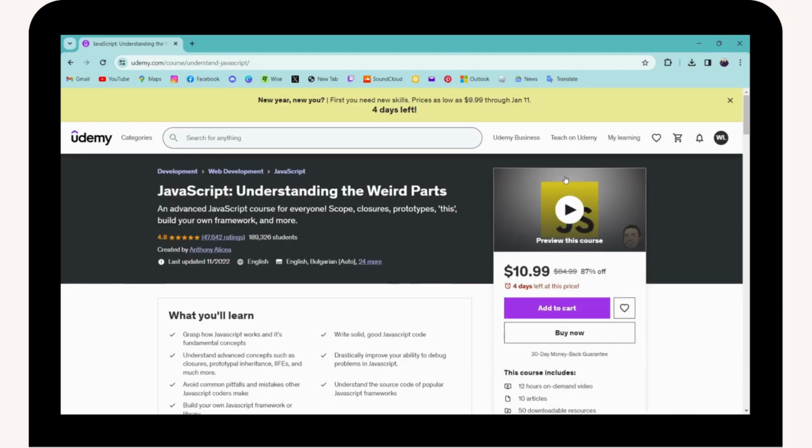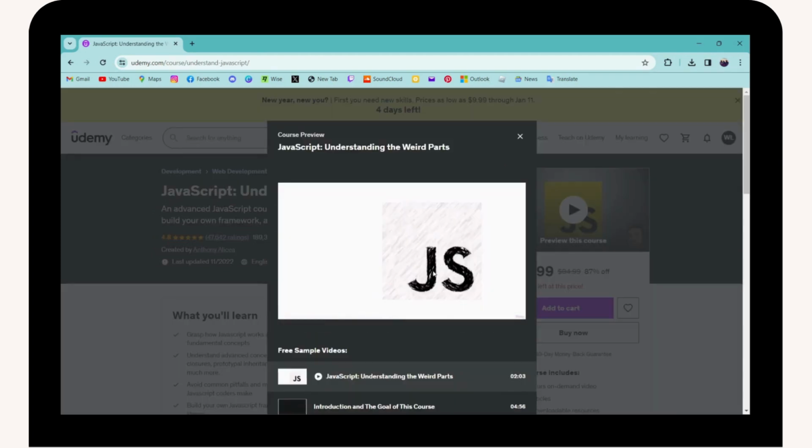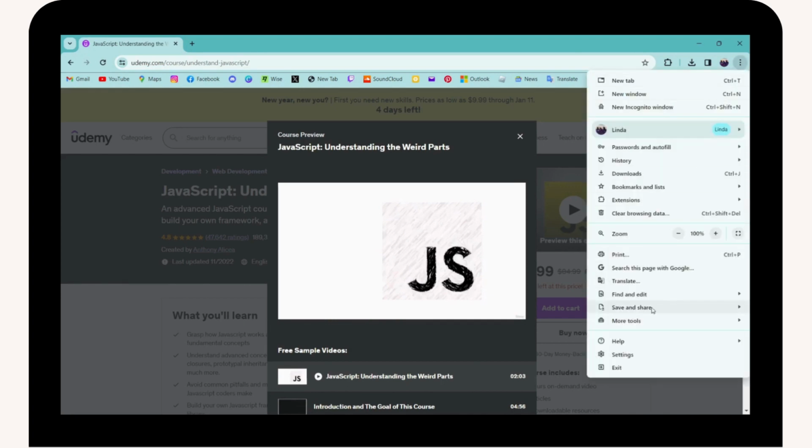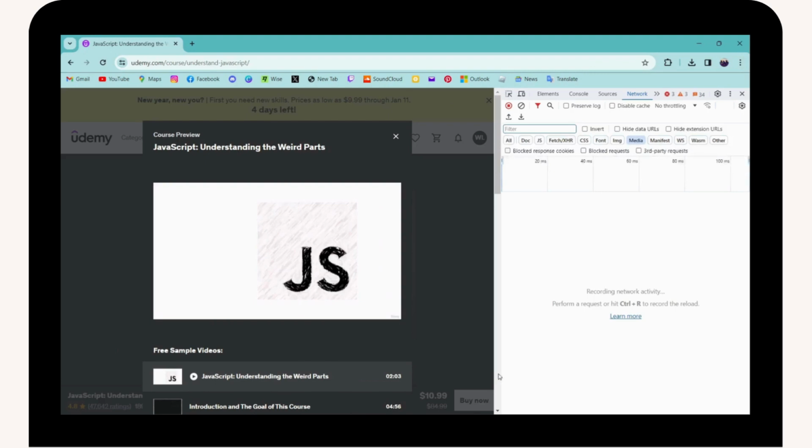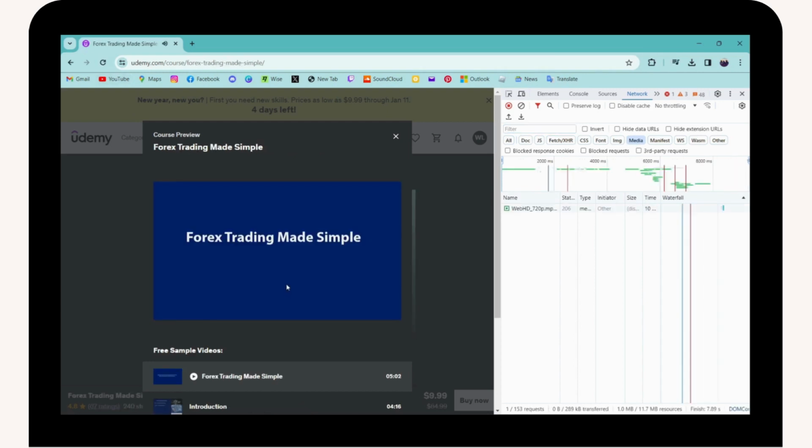So simply tap on that video, and after selecting the video, now you can go for the upper right corner which has that three dots icon, and then go for more tools, and under more tools you will have developer tools option on the last. You can click on developer tools, and here make sure that you're on the network option, and under network make sure to click on this media option, and after choosing that you can reload your page,